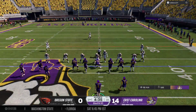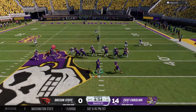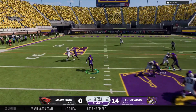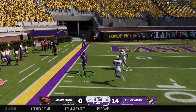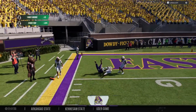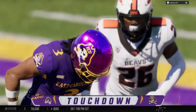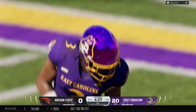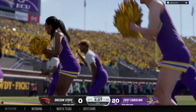What will they dial up on 2nd and a long way to go? Reads it, fires, complete. Oh, he's got some space. And the catch and run into the end zone. Touchdown, Purple Pirates. All you can say is how impressive has this team been at home today in all 3